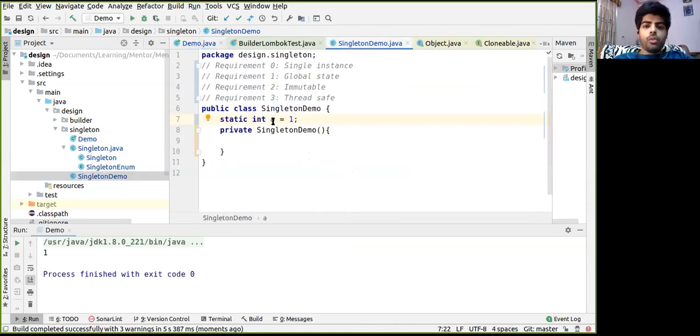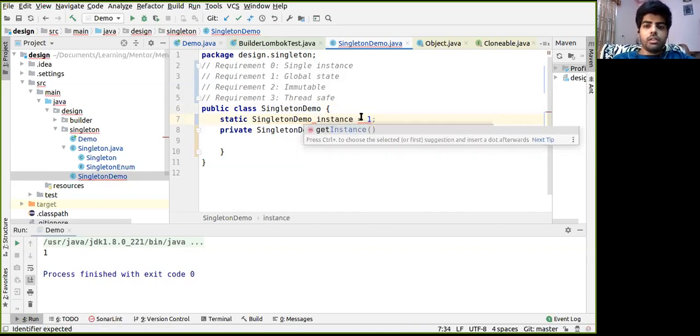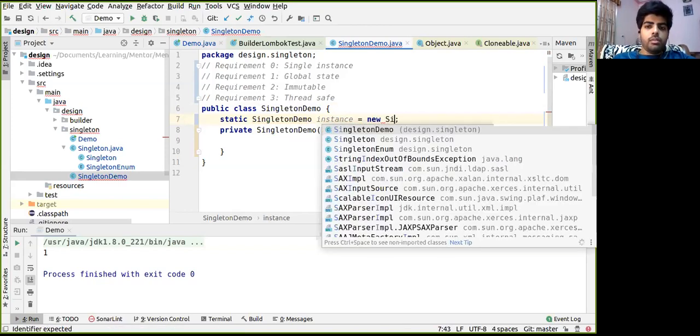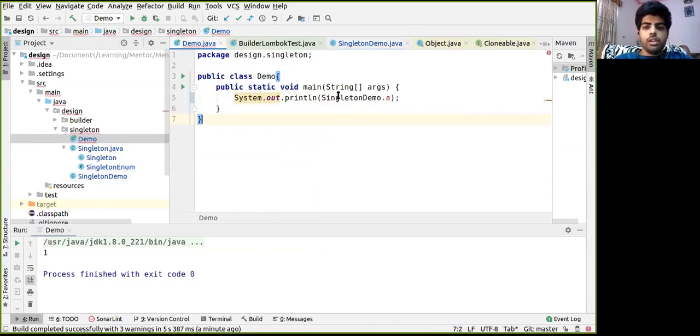Similar to this integer, we can also create an instance of this class itself, and we can call this private constructor from inside the class because the scope of private is within the class. If we want to use this instance outside,